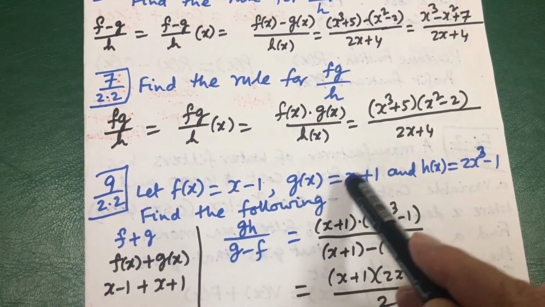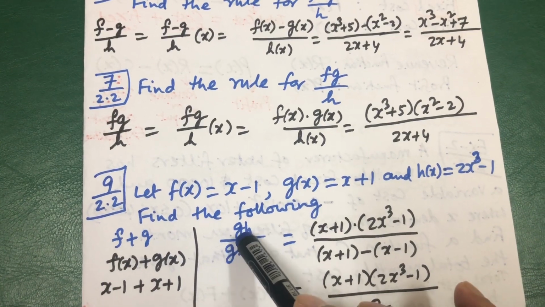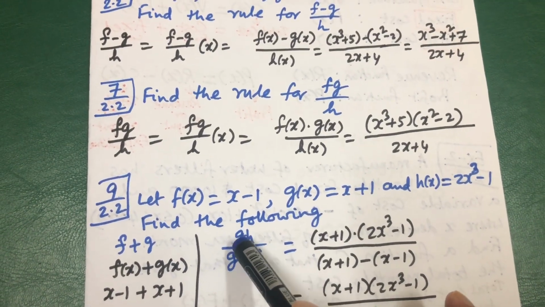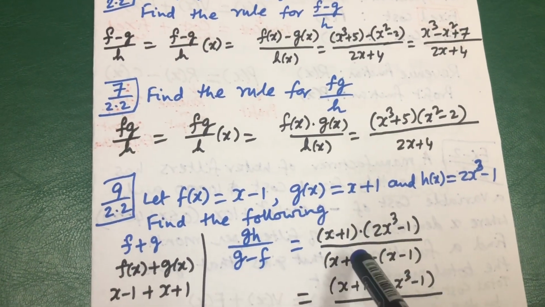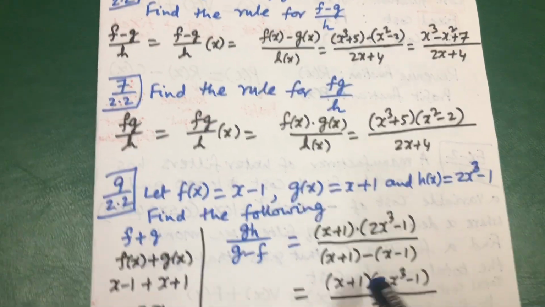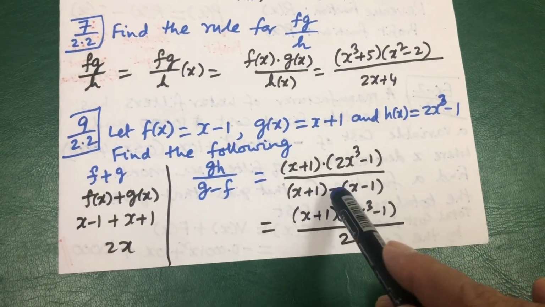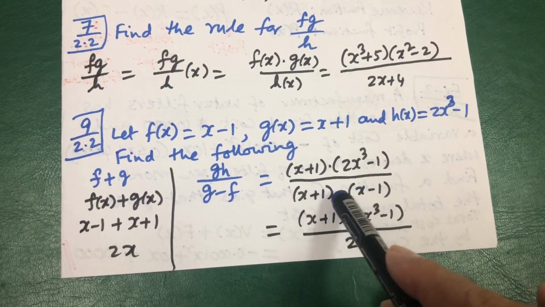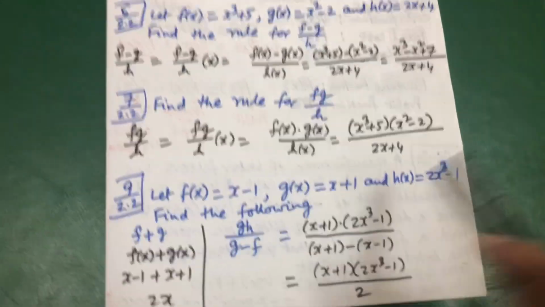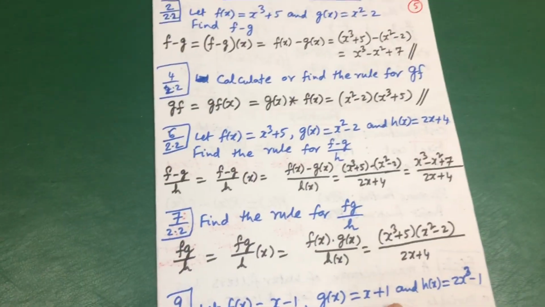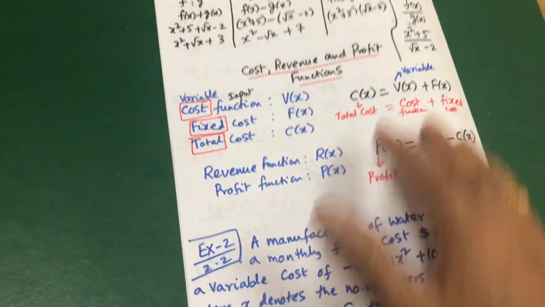What do you mean by g? x plus 1, h means multiply here. gh means g multiply h, here it is. g minus h means g minus h. This multiply this, keep it like this. This minus this, x minus x will cancel. 1 minus, that is plus 2. So this kind of simple simplification, you must be able to know it.